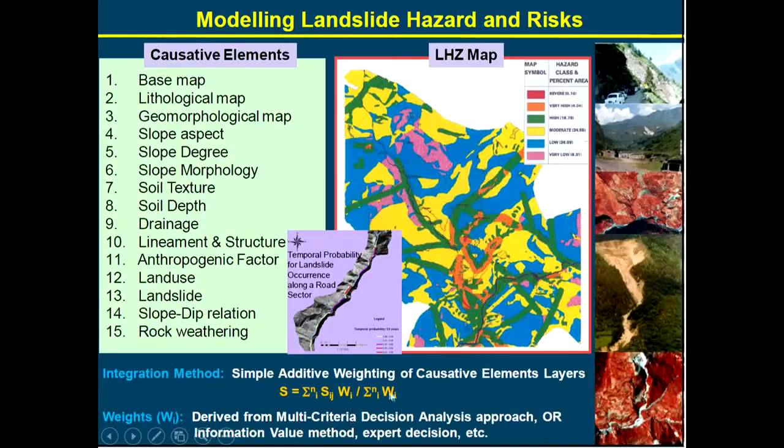Whichever pixel or location has the highest value becomes your point of importance over here. This same map has been created from that concept only. Simple additive weighting. There are other methods also which can be used.